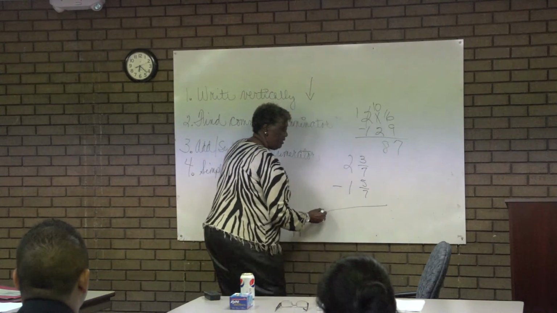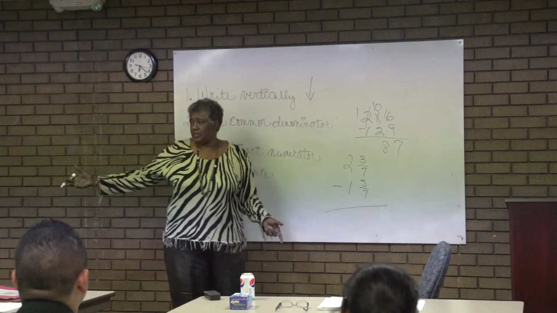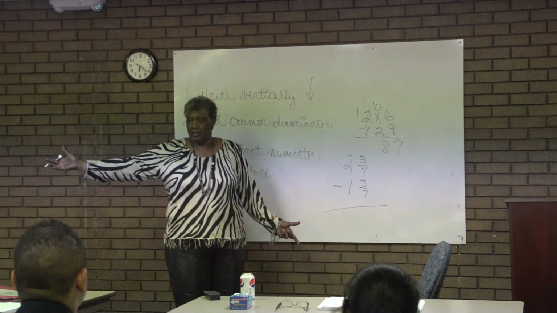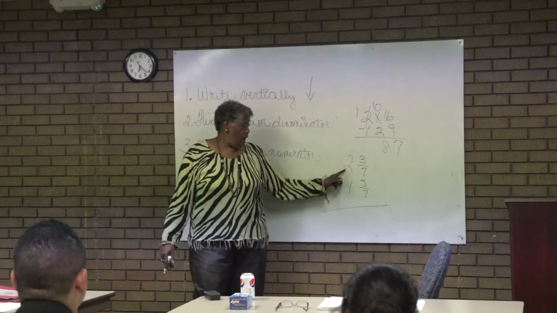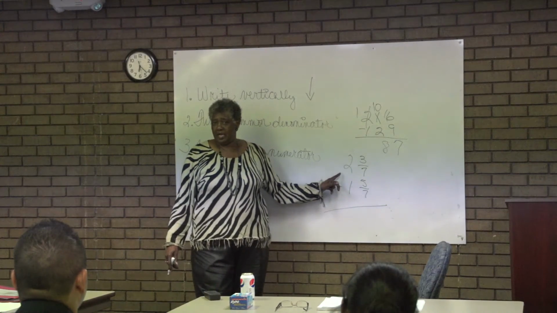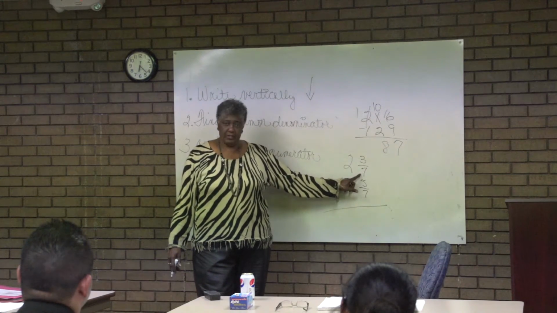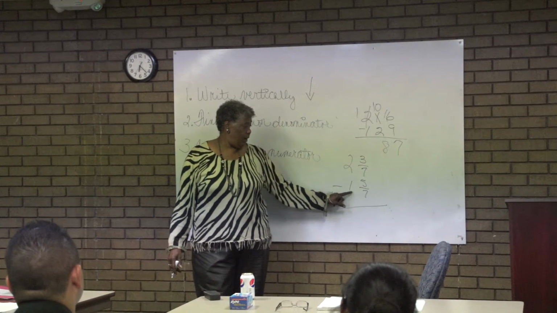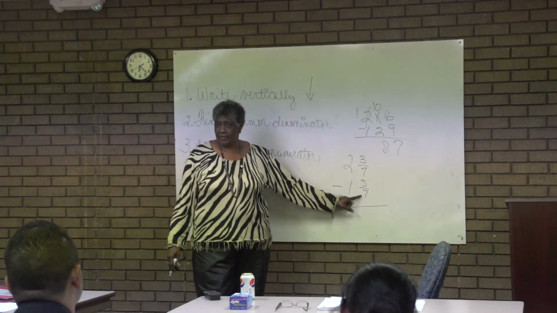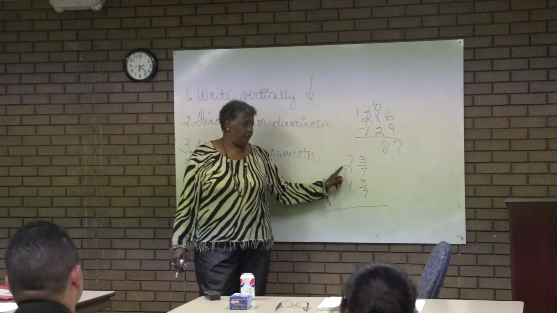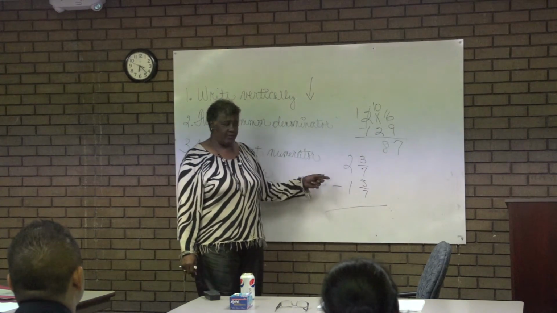they could want more pieces than you have too. I could have 2 quarters and something cost me 3 quarters. As long as I have $1, I can make some more quarters, right? As long as you have a whole, you can cut a whole into any size piece that you need. I have 2 wholes and 3 sevenths. You want me to give you 1 whole and 5 sevenths. I need 2 more sevenths, right? I can't just go over to this whole and just break me off 2 sevenths. You can't do that. You have to take a whole